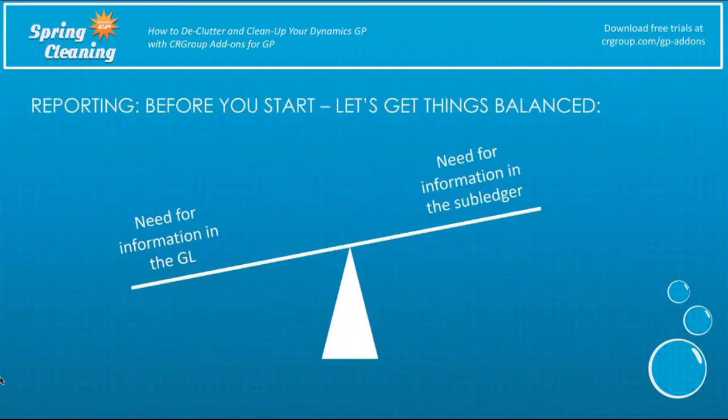Before we get started, we always talk about one fundamental premise that we have, and a lot of time we call this a paradigm shift. It's the need to balance information in the GL with the need for information in the subledger. And the paradigm shift is exactly this: every time we go in and look at these big COA structures, what we tend to find is that the organization's trying to do all of the reporting from the general ledger. So there's all kinds of accounts, maybe there's too many segments, and everything's been loaded into the